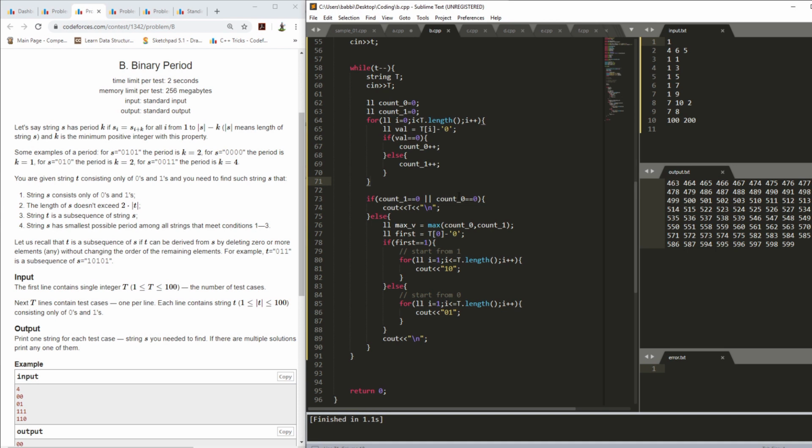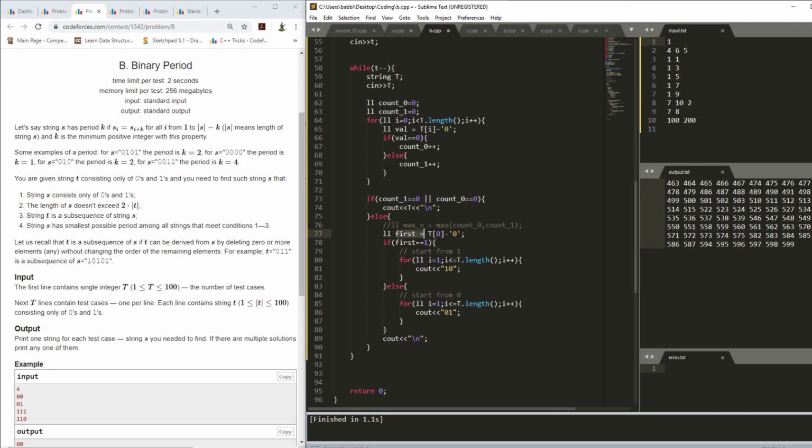As I already told in the explanation, if either count is 0 then I print the string itself, and if not, then I had my maximum value. Actually it is not needed, I don't know why I wrote it.